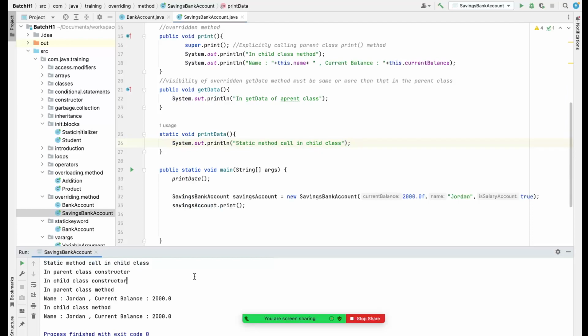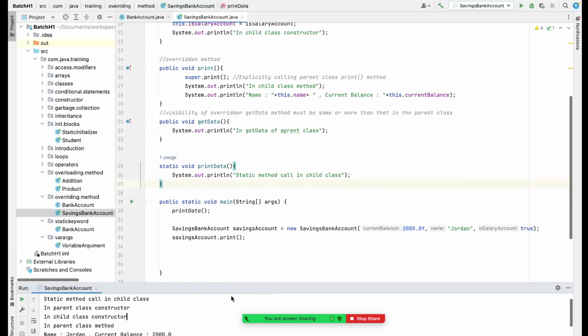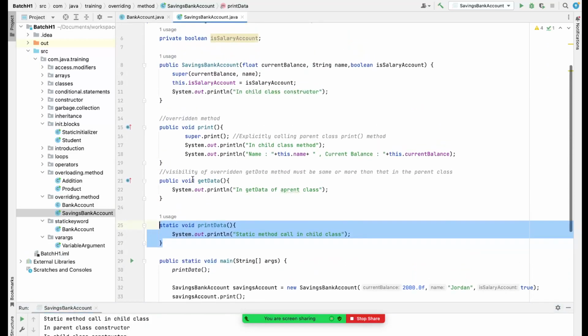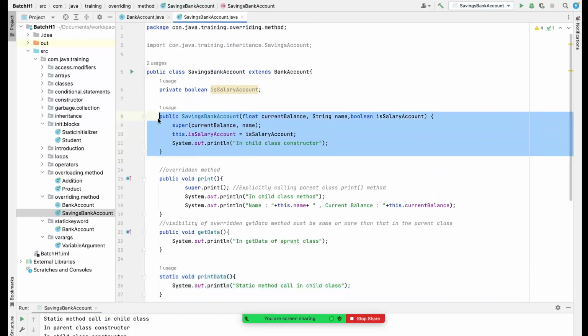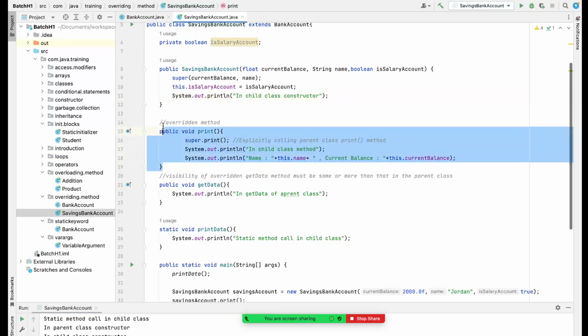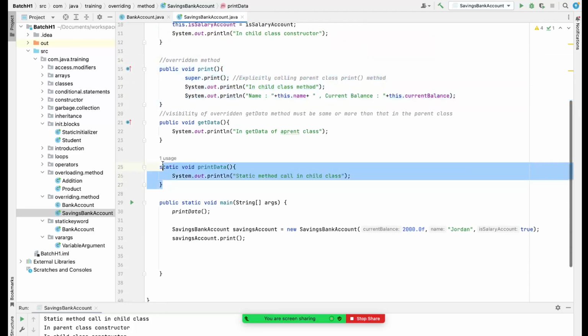But the order, right? Nothing else is happening here, so this will be printed first. Why? Because this is getting called. See, when we print data, only this block of code got called. It has nothing to do with your constructor or this print method, because the concept of inheritance and overriding applies to those things, right? But in this static method,